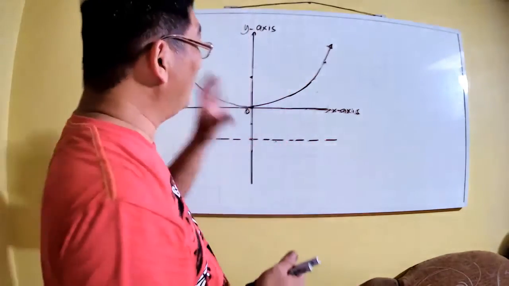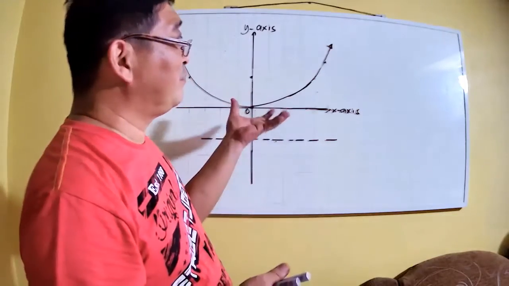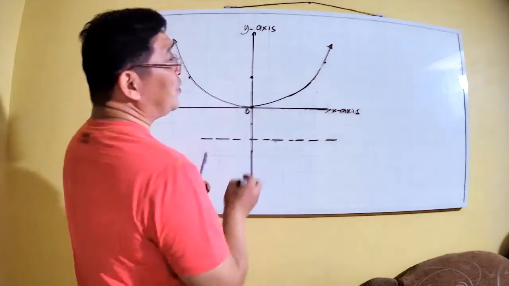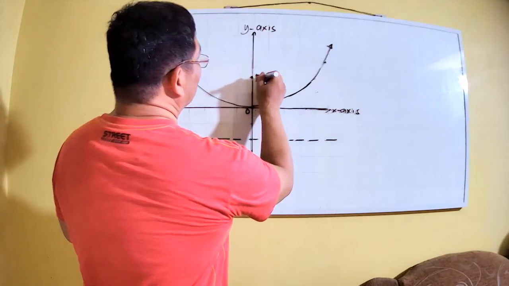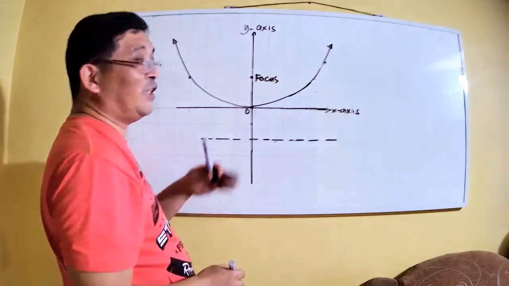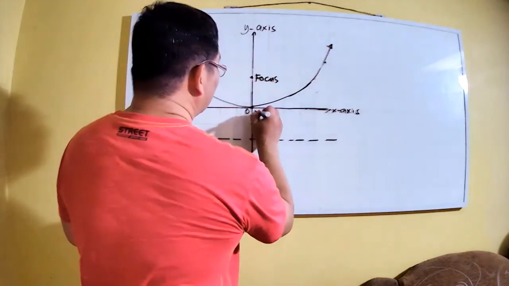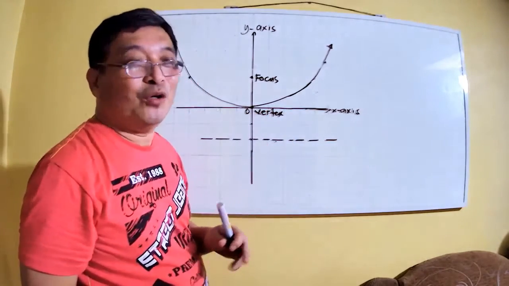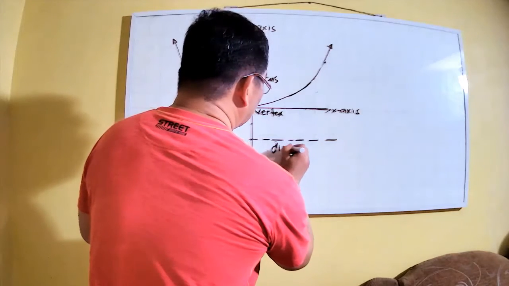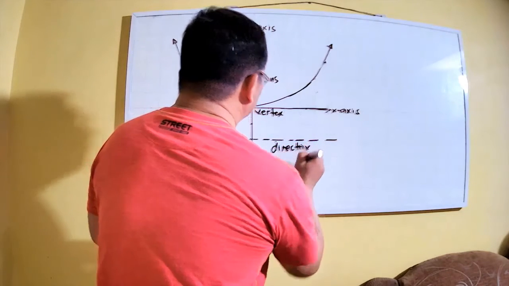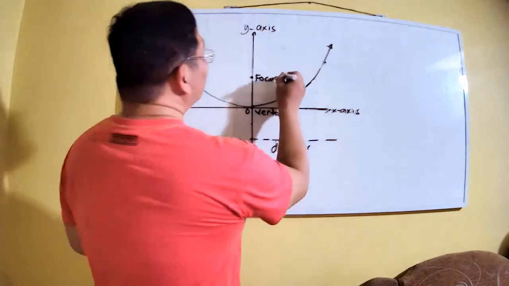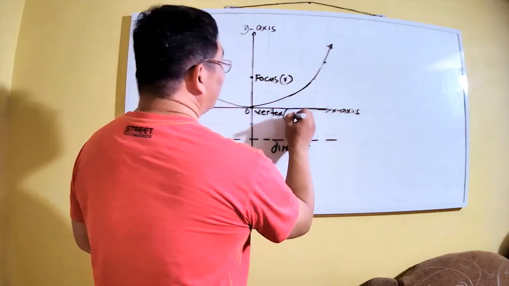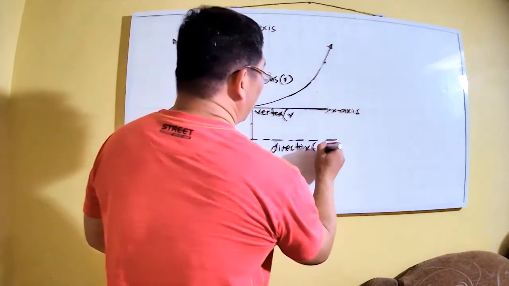Let's say, meron tayong mga parts ng parabola. In this parabola, as a fixed point, we call it focus. Sa ibaba ng focus, meron tayong vertex. At sa ibaba pa nun, there is a fixed line. We call it directrix. Let's call focus as F, vertex as V, directrix as